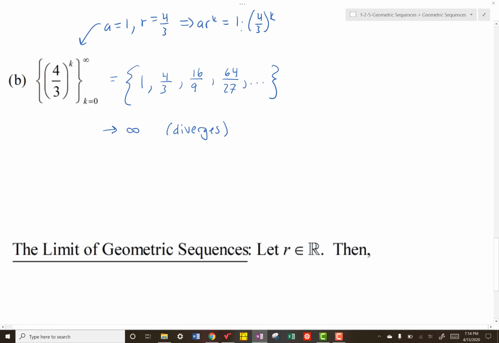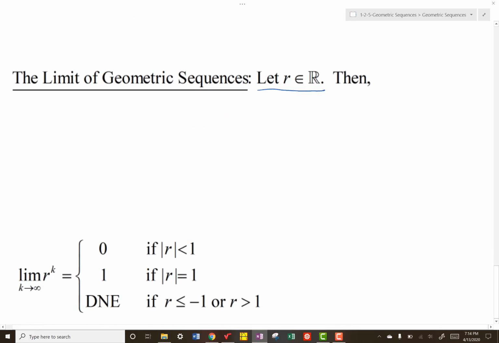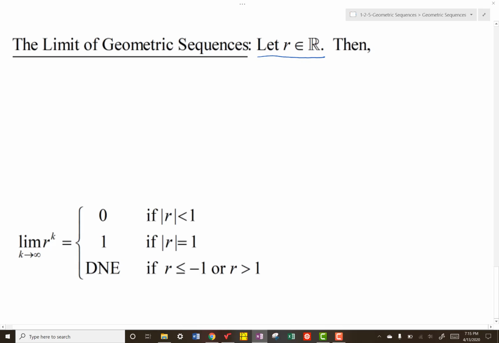So what is the limit in general? That's what we'd like to generalize. Let r, little r that is, be a real number. Then, here's our claim. We're going to explain this right here. If you take the limit as k goes to infinity of r to the k, so all different values of r, if the magnitude of r is less than 1, right here,